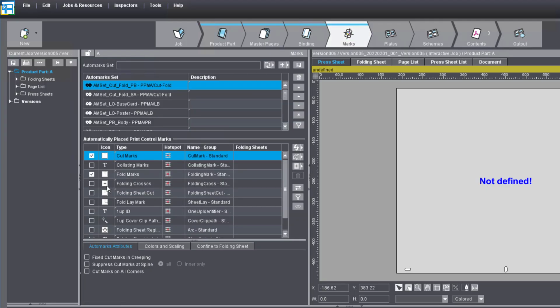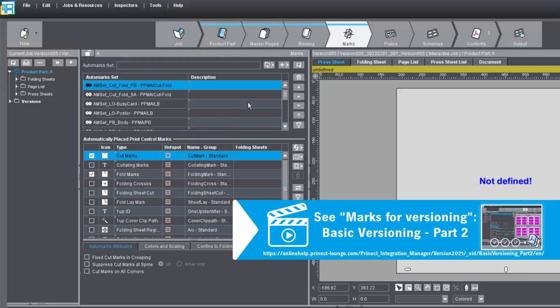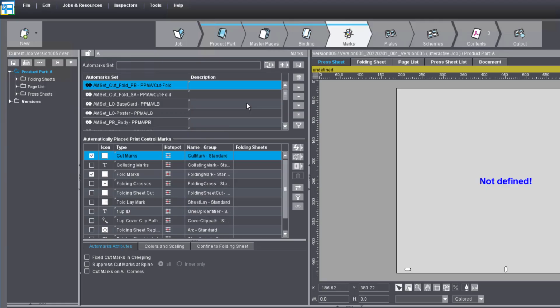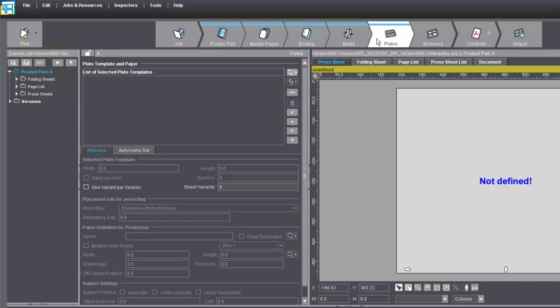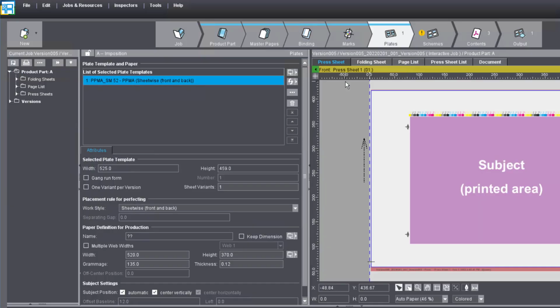Under the Marks tab, I can select marks. Later on we will see that marks for versioning are available, and that you can use these marks for more complex versioning jobs. At the moment, I leave it as it is. Under plates, I select the plate, and for this small job, I take my small 52 plate for a small machine to see what happens here. The work style is perfecting,